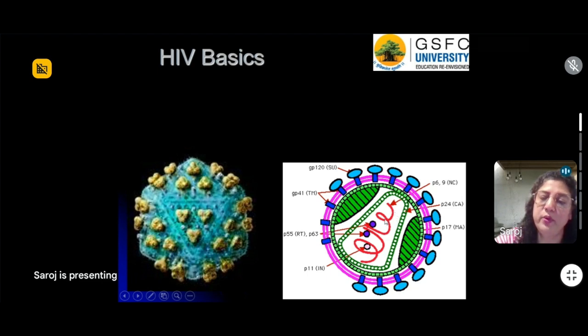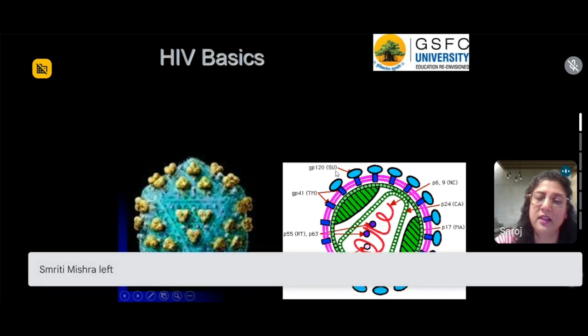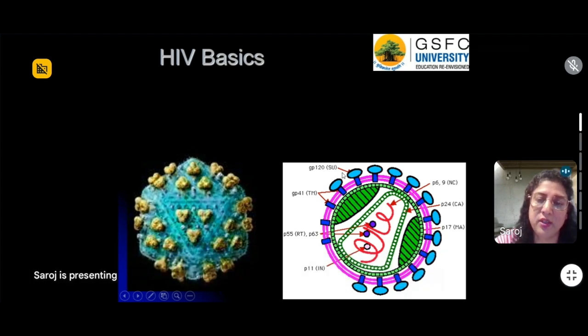Just for those people who do not know, HIV is not a DNA virus. HIV is an RNA virus, and of course, this RNA has to be converted into DNA before the virus can multiply in a eukaryotic system, because we do not have RNA mediated translation, which can start directly from the RNA. We have a DNA mediated machinery. So this RNA has to be converted to a complementary DNA, and that conversion is done by this reverse transcriptase enzyme.